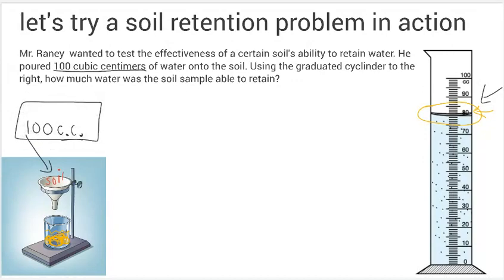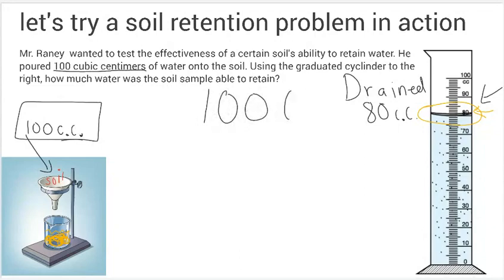When he looked in the graduated cylinder, it drained 80 cubic centimeters, 80 cc's. So if he poured in 100 and drained 80, so 80 wasn't able to be retained, we take 100, which is the total water,